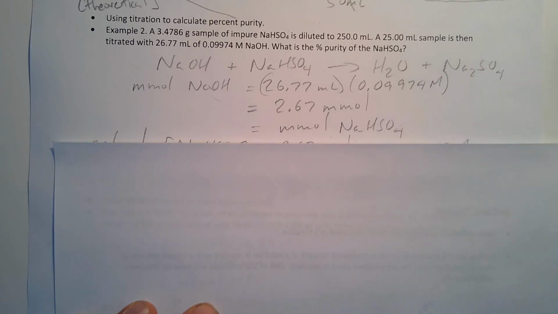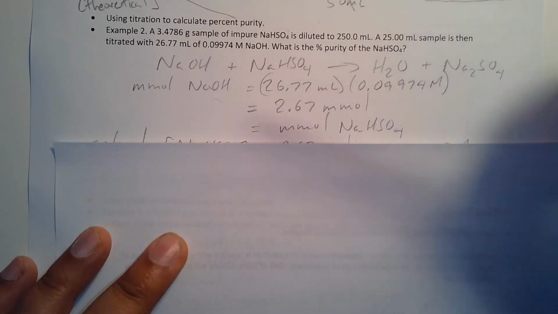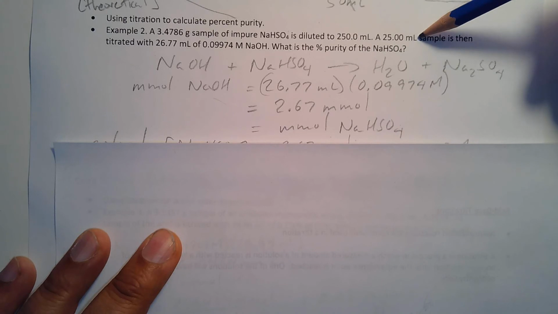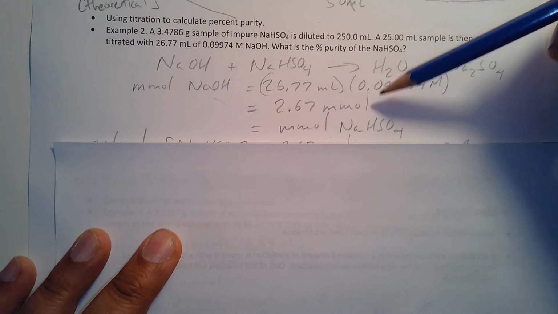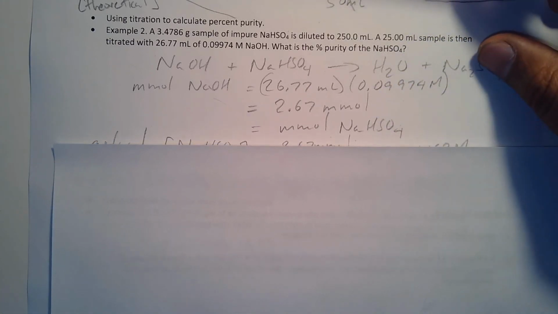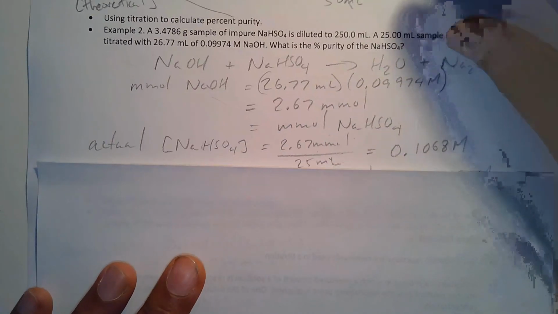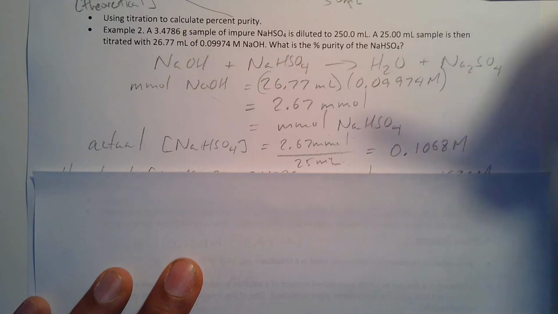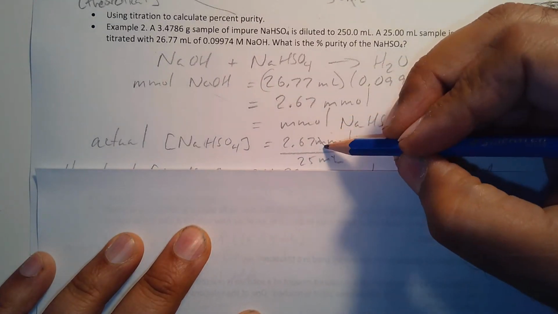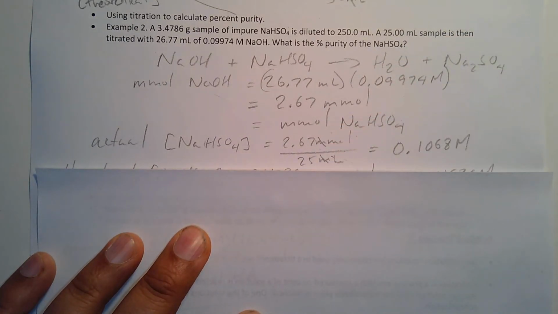Now we've got the millimoles here, and this was taken from a 25 mL sample, so we can get the concentration. Again, this is the actual, or what you would get experimentally. You can cancel out the millis, and you've got moles per liter,